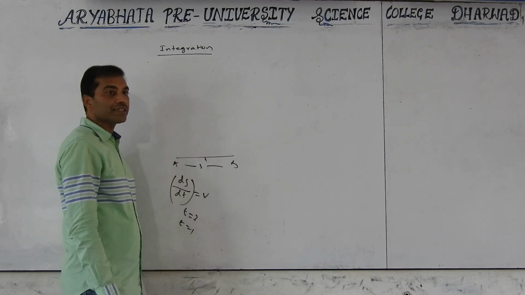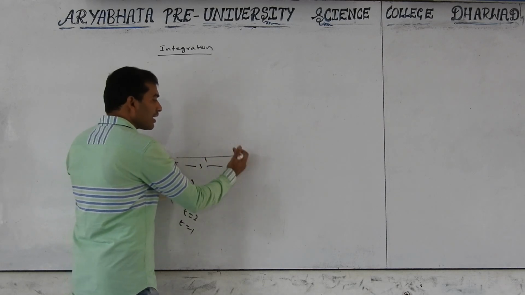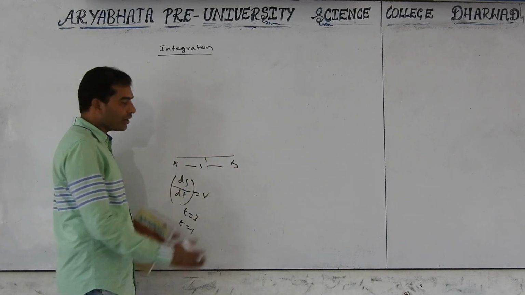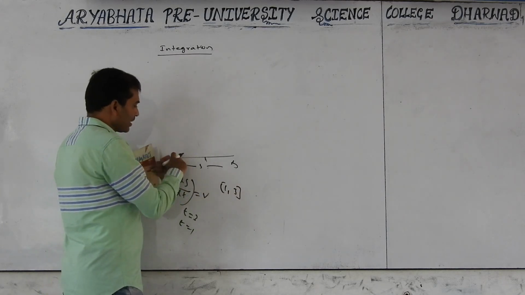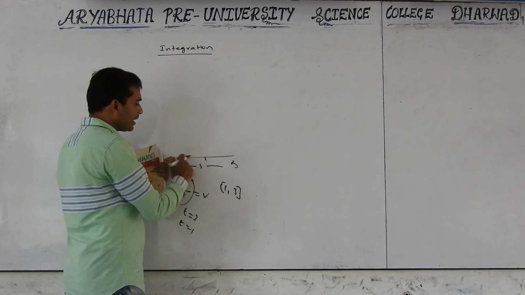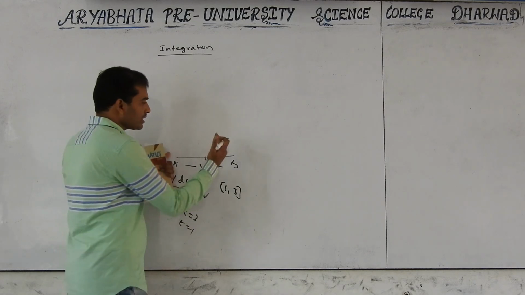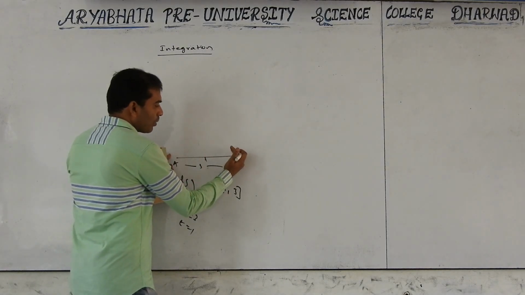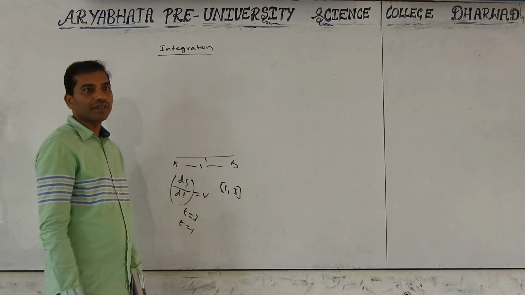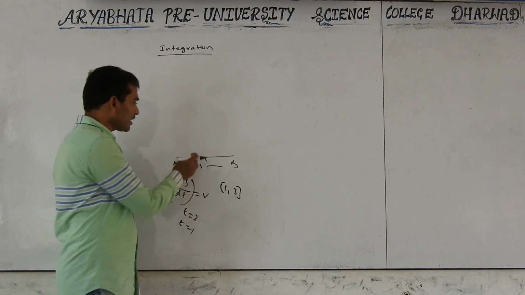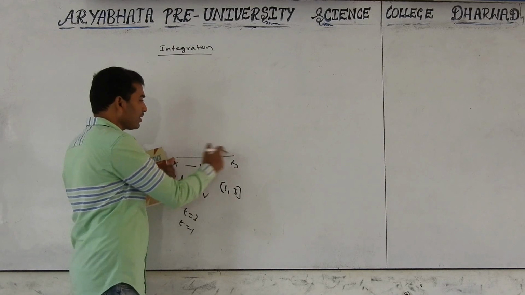But integration is not like that. Integration is the whole; it is discussed over an interval, not at a point. In the closed interval t equals 1, 2, 3, what distance the particle traveled, we come to know that. Integration represents the whole interval, but differentiation is discussed at a single point. That is the difference: differentiation at a single point, integration we can discuss the area, the whole range from here to here.